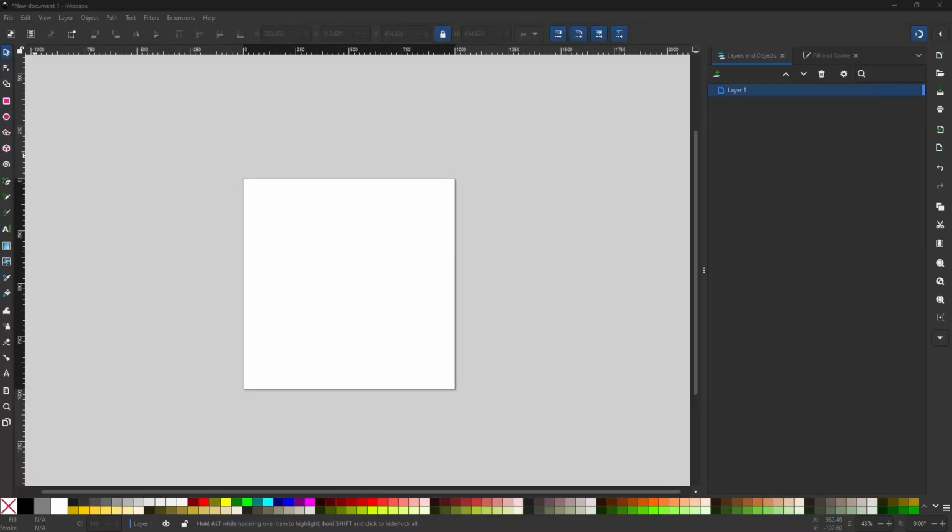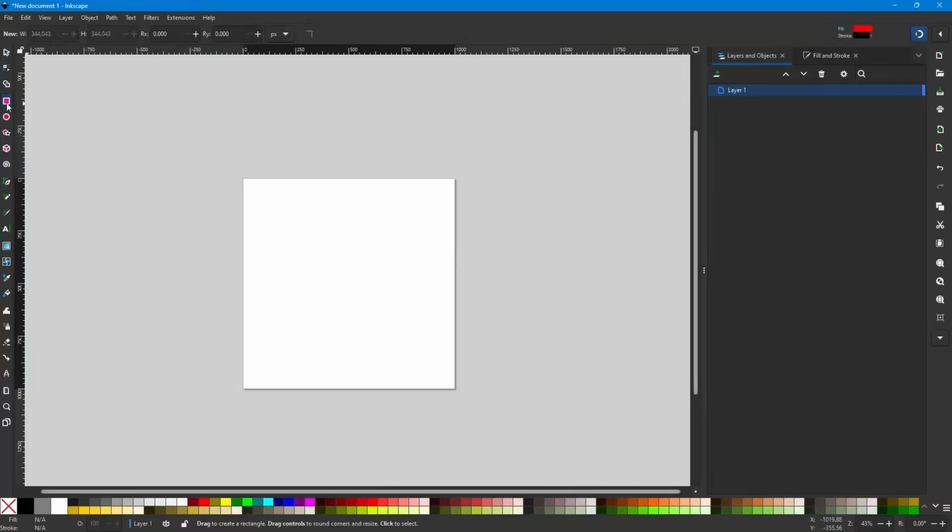Hello everyone, in this video we're going to be looking at the rectangle tool in Inkscape, and you'll see that it's the 4th item down in the tool ribbon down the left hand side. You can see there when you point at it, it says you can create rectangles and squares with it, and you turn it on by either clicking this button or, as the shortcut listed there in parentheses says, the R